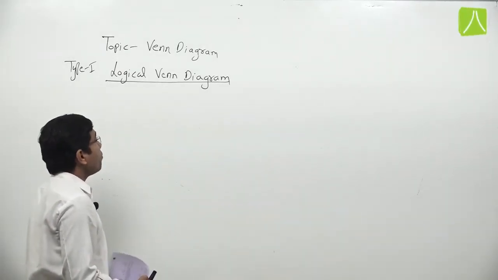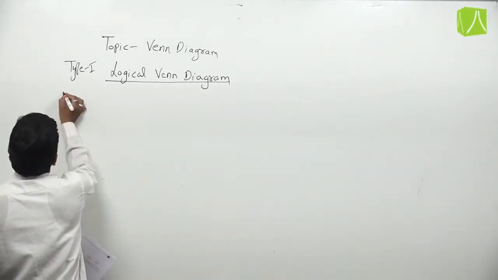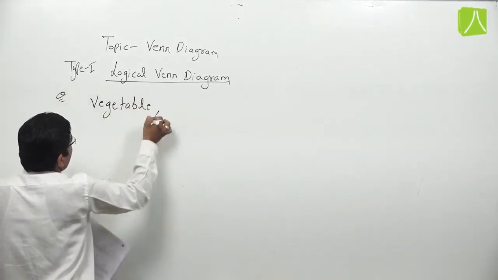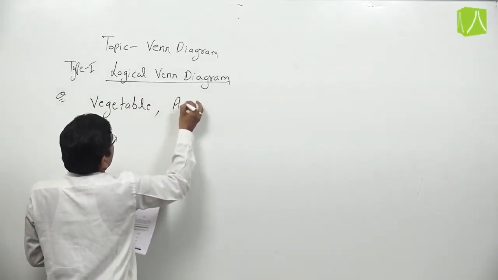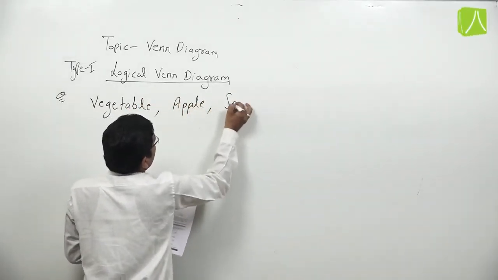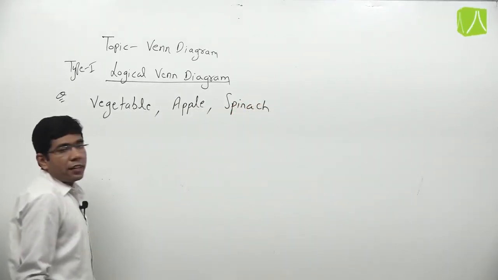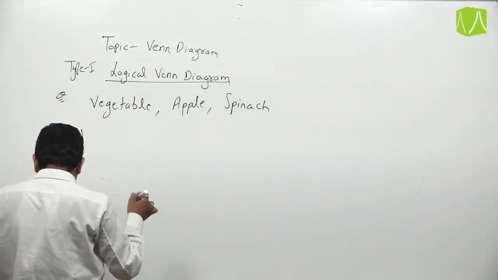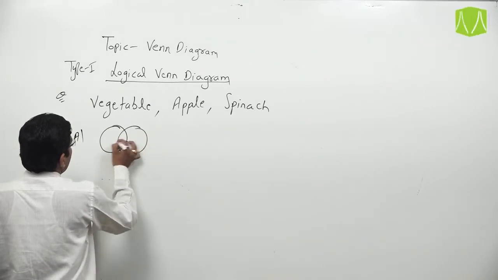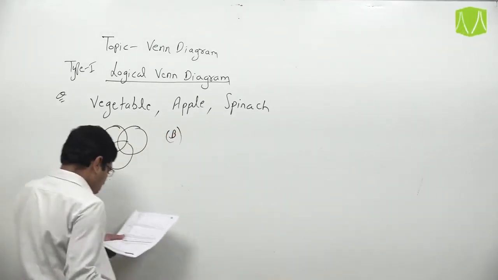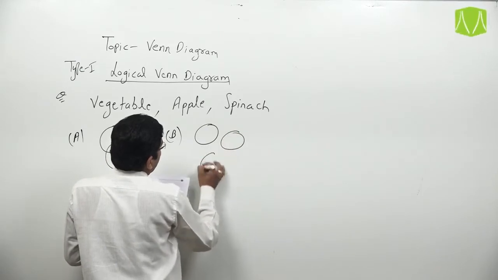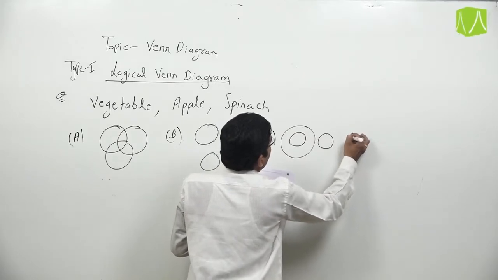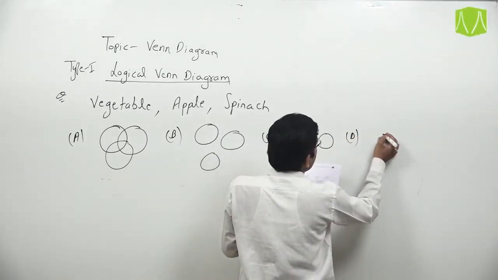So, according to these examples, the idea of this topic's type number 1 is clear. Now, take more examples. Second question, we have to represent vegetable, apple and spinach. Vegetable, apple and spinach. Our options are, A option is like this, B option, C option and D option is